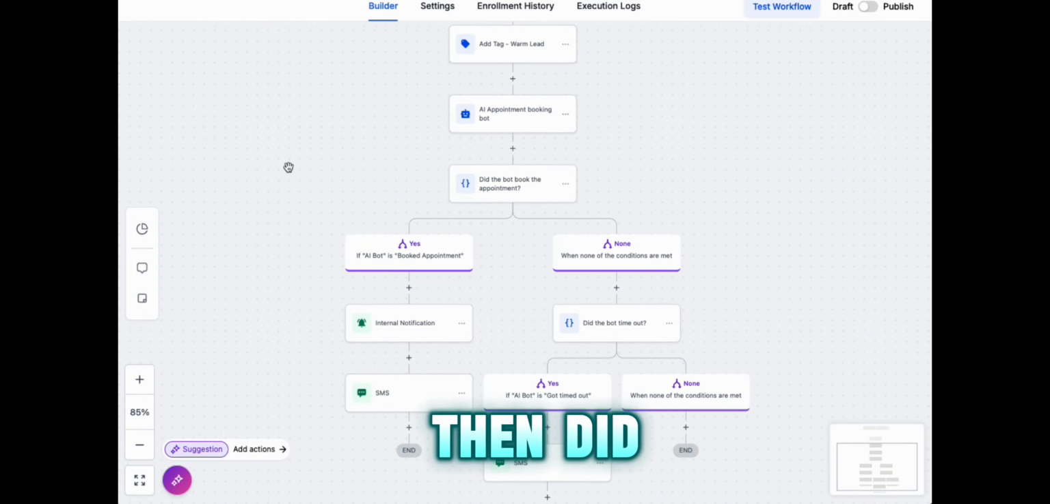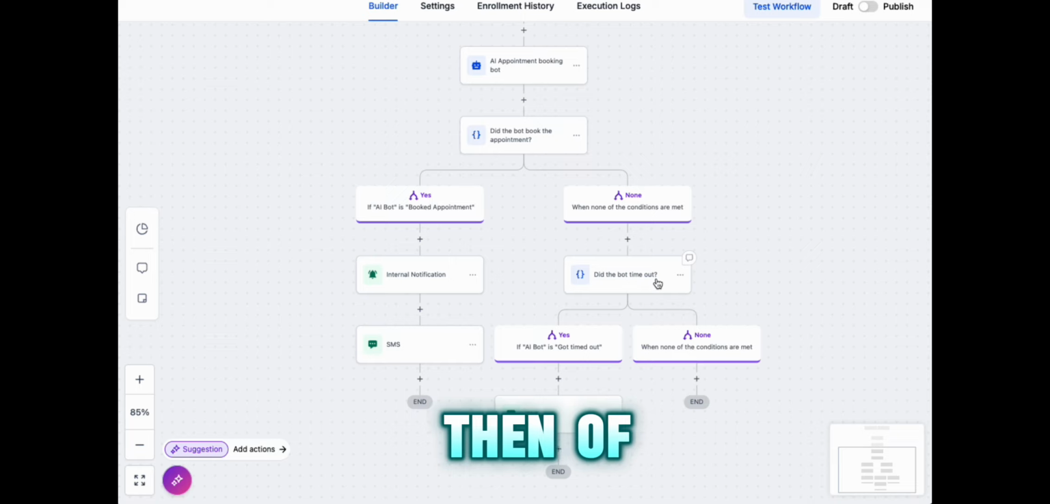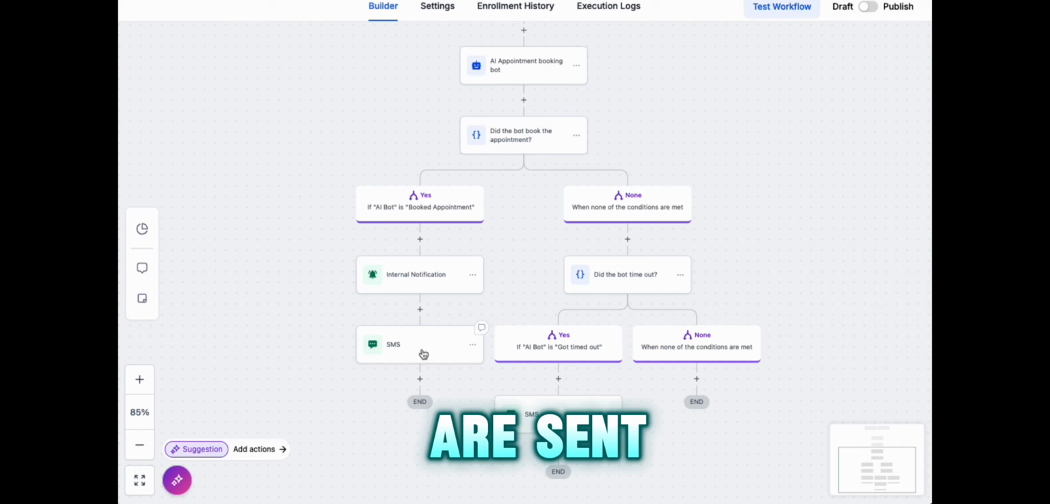Okay, and then did he book the appointment? Yes or no? And then, of course, it goes down here. If the appointment is booked, internal notifications are sent via SMS as well. And then if not,